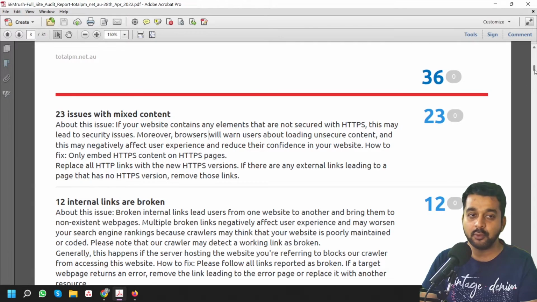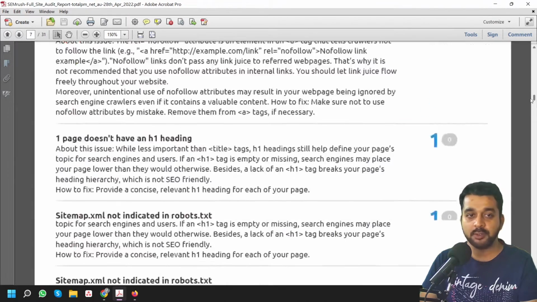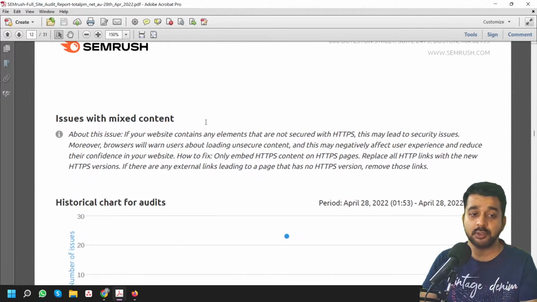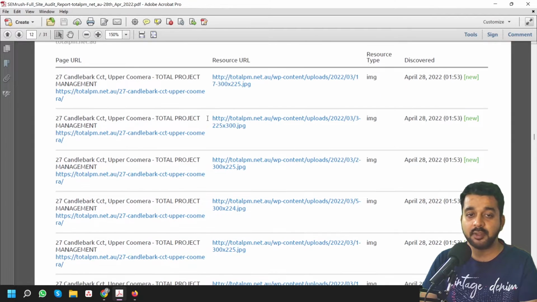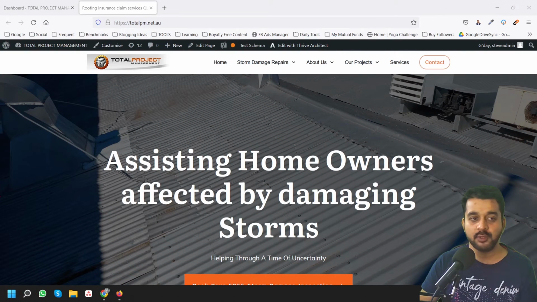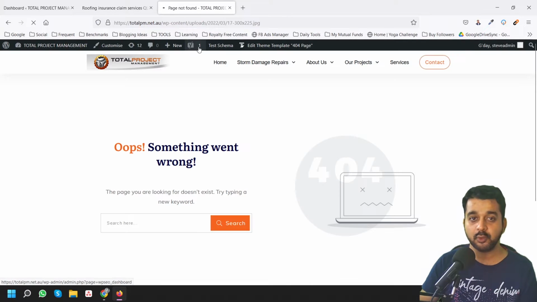If we go a little down in this report, then we can see that this SEMrush report has shown us all those pages which have non-secure URLs. Our main aim would be to first of all resolve this and make them secure. So let's go through this one by one. What we'll do is first log into our website, and we'll open these URLs one by one. Okay, so we'll copy the link location and open this URL,